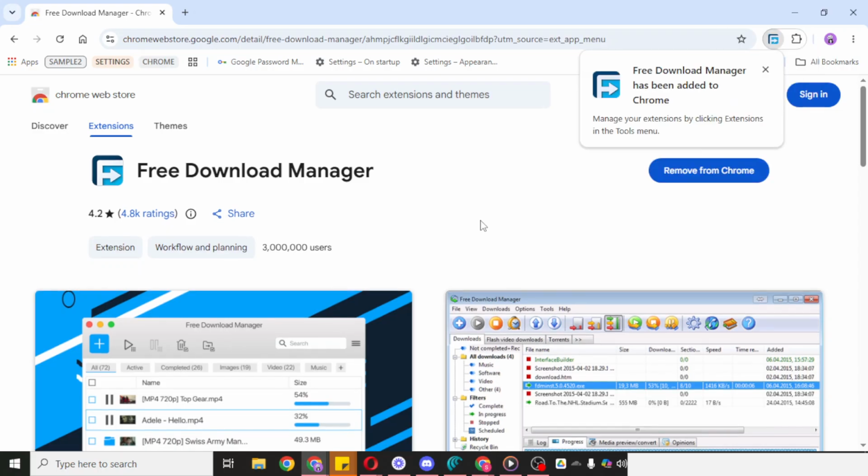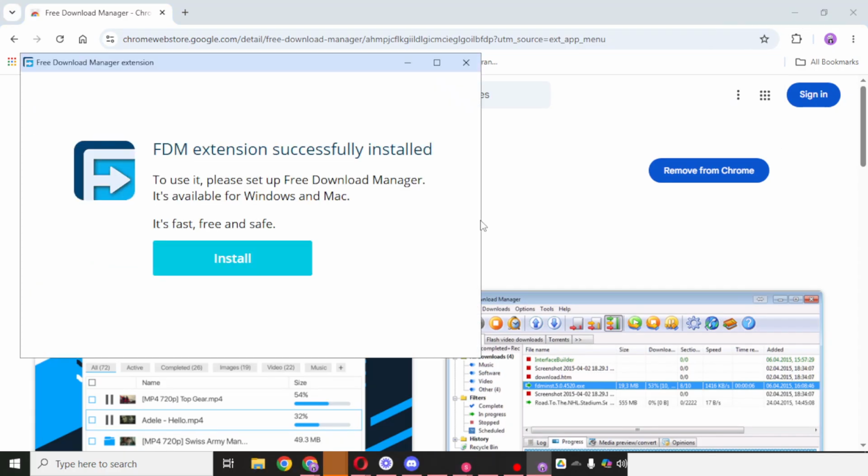At that point, you can click on the extension and begin exploring its features. If you don't immediately see it, check the extensions area near the top right side of the browser. That's where newly installed extensions usually appear. From there, you're free to open it, look through its options, and get familiar with how it works inside Chrome. Taking a moment to explore the extension can help you understand what tools are available and how it can support your downloads more efficiently. And that's it.